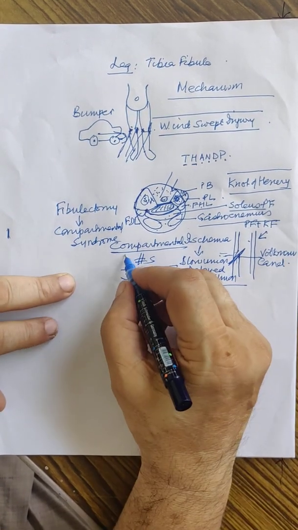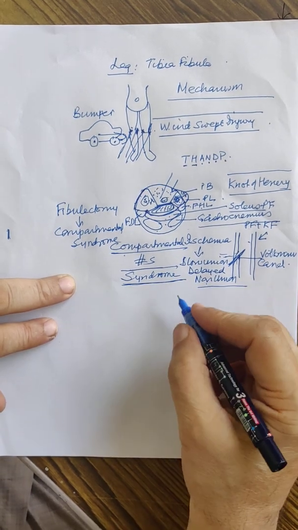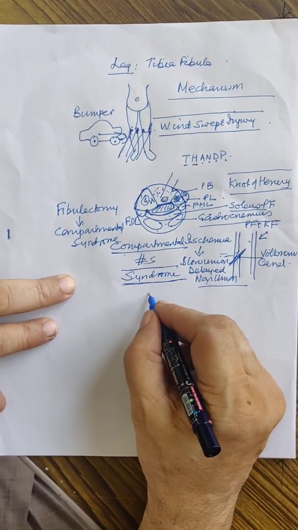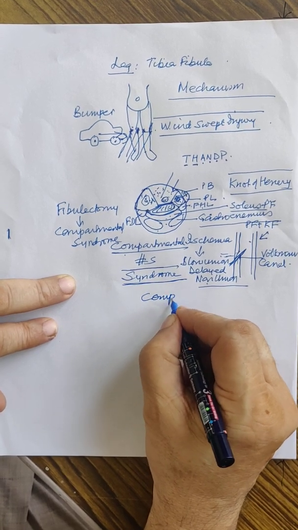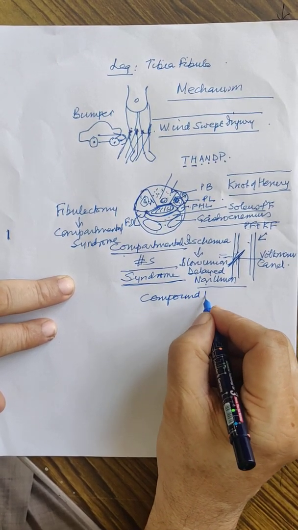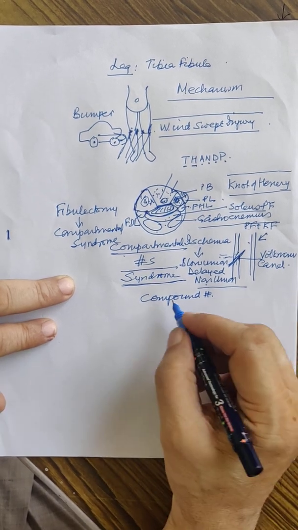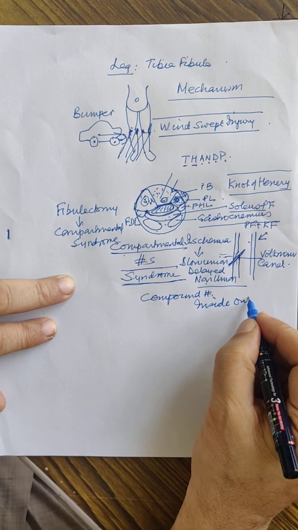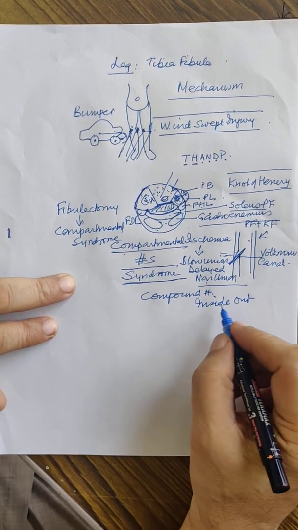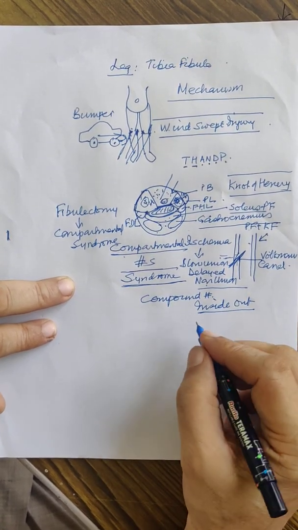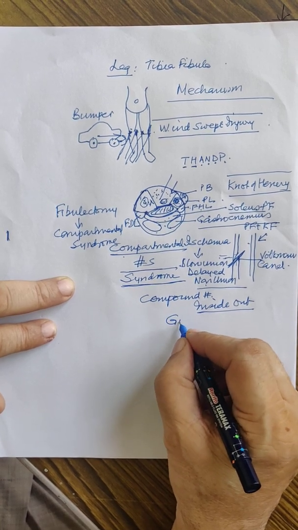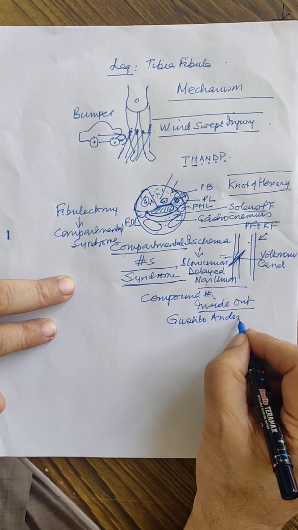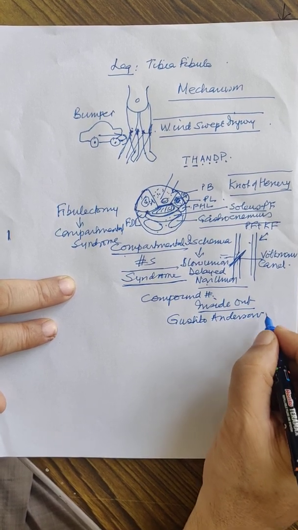So one thing about this is, and the third thing is that since the bone is just subcutaneous, it can easily cause compound fractures, and most of these fractures are inside out. That means the fractured bone ruptures the skin. So it is from inside out, and of course you have to remember the Gustilo-Anderson grades of these compound fractures.